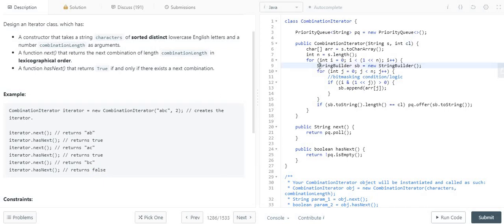Now we are going to use two techniques: one is the bit masking technique and another is the priority queue. I will tell you why we are using bit masking. In bit masking, we pick up the character from the string when the bit is set to 1.